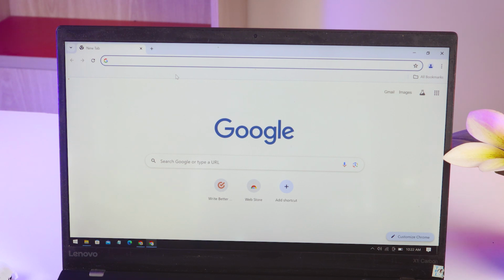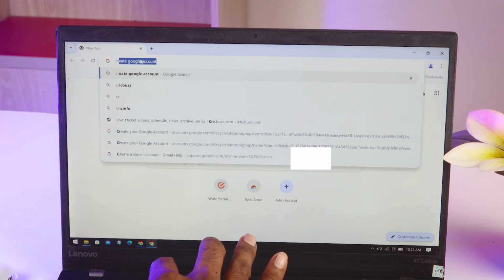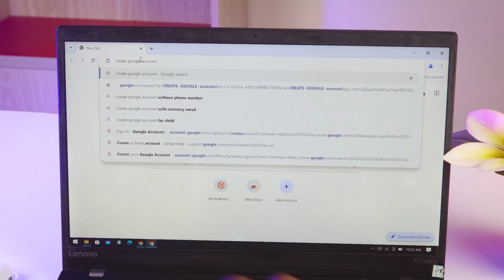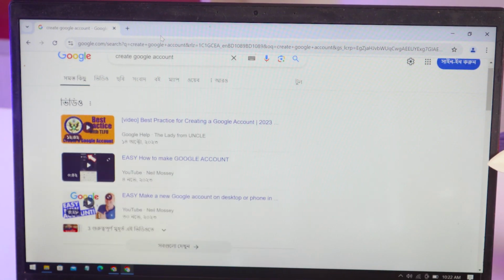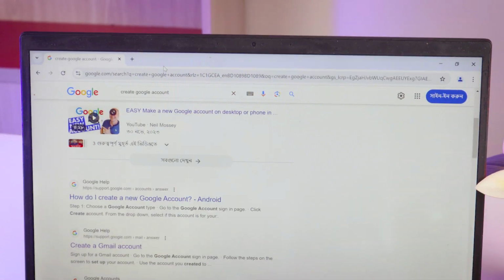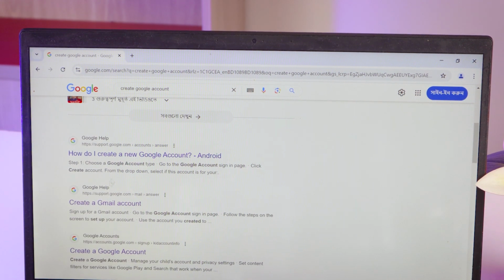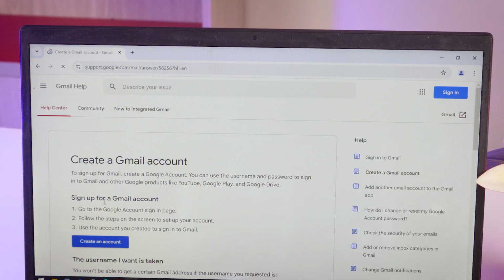So friends, first you have to go to the browser. After that, you have to go to Google and write here how to create a Google account, like this. You can write create Google account, then you have to press enter. You have to come down, then simply you can click on create Gmail account. After that you can click on create an account,